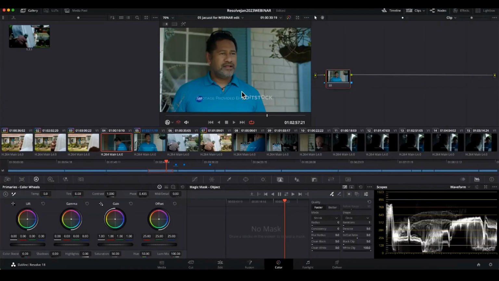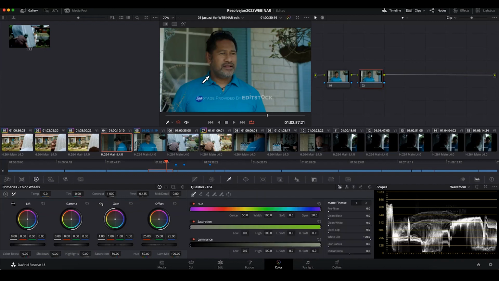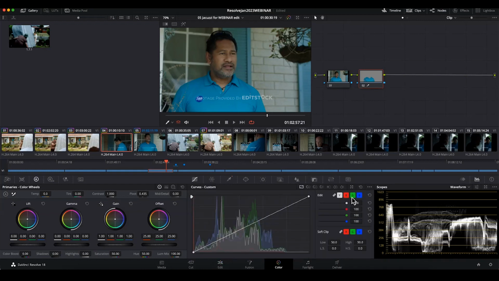I'm going to make, let's say, the blue a little bit bluer. Option S, Alt S on Windows, and I want only the blue elements to be bluer. I would need to specify which blue elements. Qualify, I'm going to select the blue. Okay, so I select the blue. And because that blue is selected, I want to maybe emphasize it. Go into the qualifier. Watch this. I'm going to push that blue, whatever I selected. And you can see how that blue changed. There we go. Original,